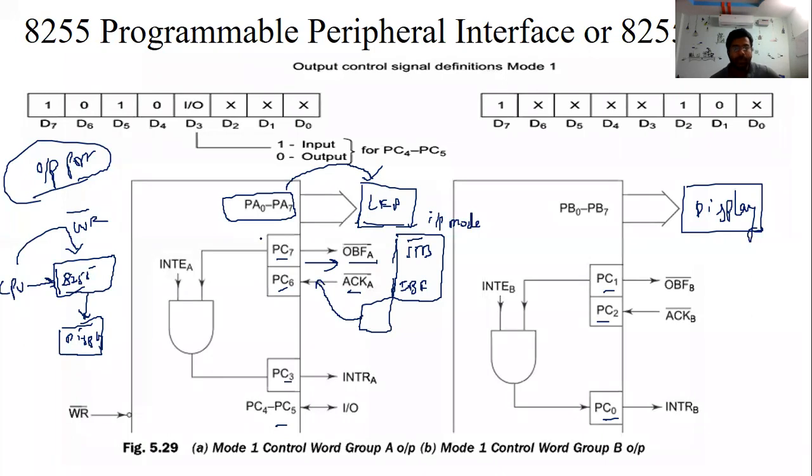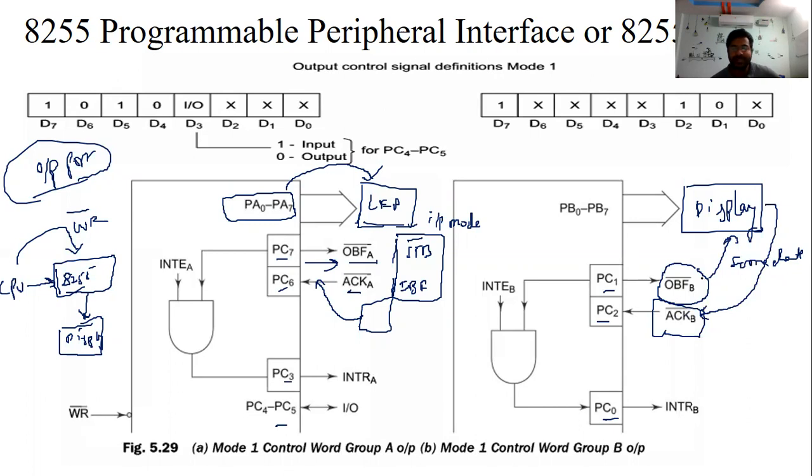First of all, OBF is a signal told to the display, giving the information that I have some data. If the display device is ready to accept the data, at that time it generates the acknowledgement.